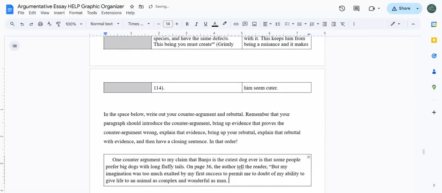And I'm going to paste it. And now, since I included the page number, I don't need it at the end. But I do need to include a comma and some quotation marks, and then I need to specify that it's Grimley here. Notice that my period goes outside the parentheses. I almost messed it up there for a second.